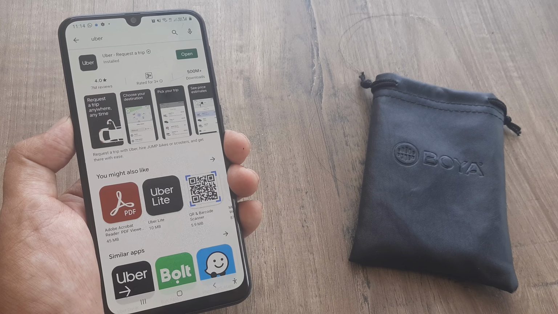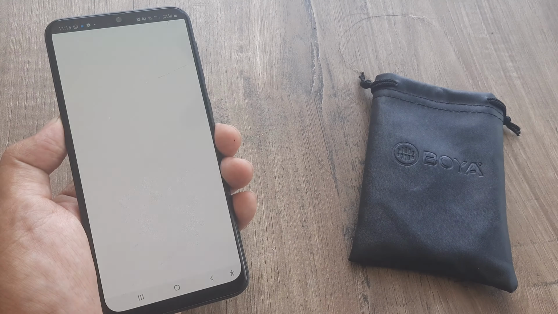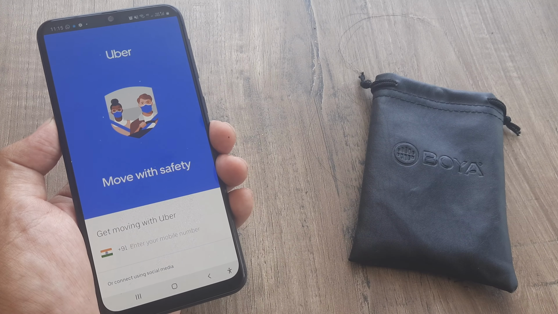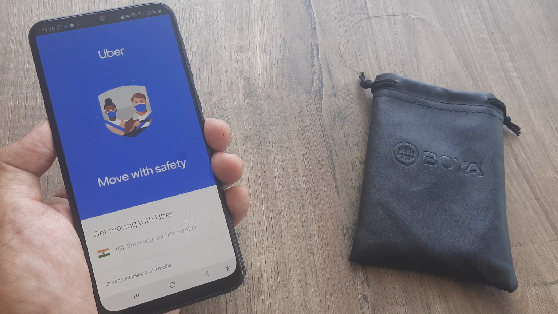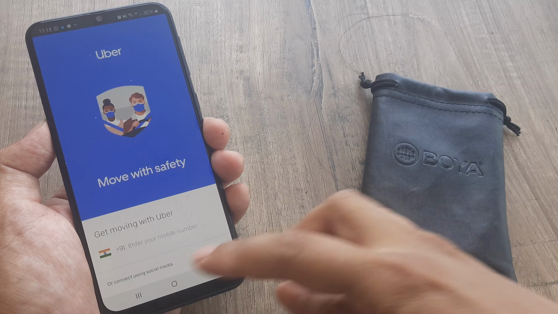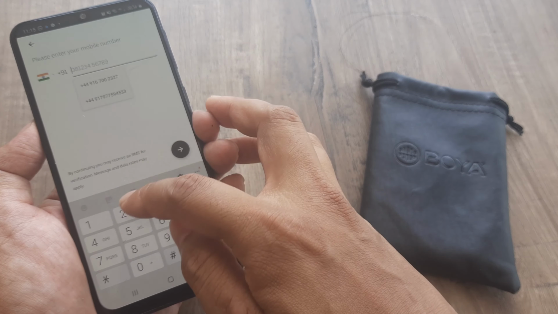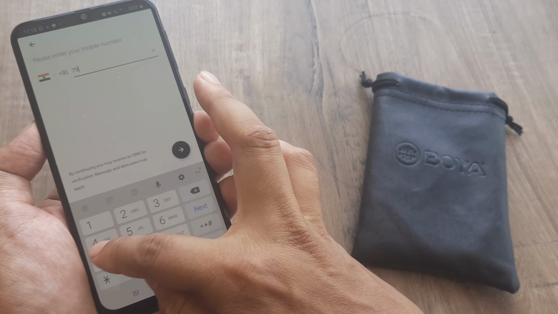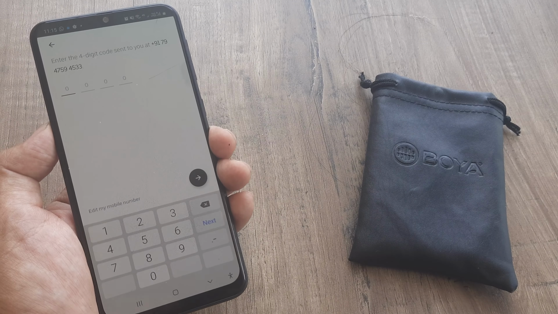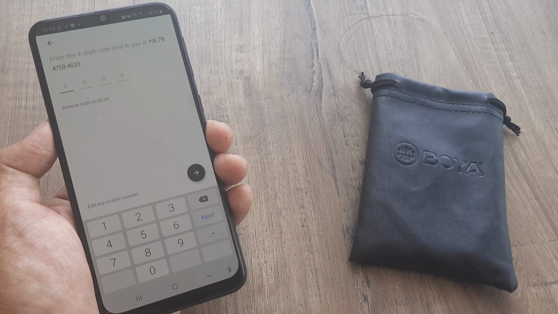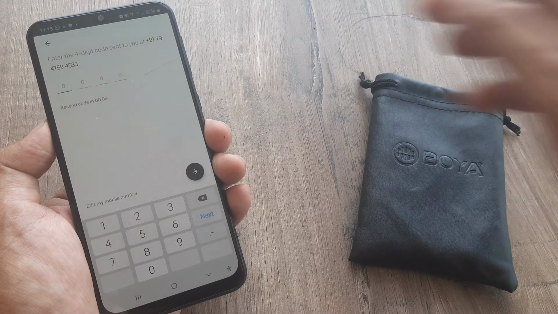Well, as you can see, the app has finished installing. Let's go ahead and open it up. Like any other app, you have to first create an account on it to start using it, which here is with a mobile number or maybe by using any of your social media applications. So let me put in my number, 197759. And what then happens is I get an OTP, a one-time password, which is sent as an SMS to this number.